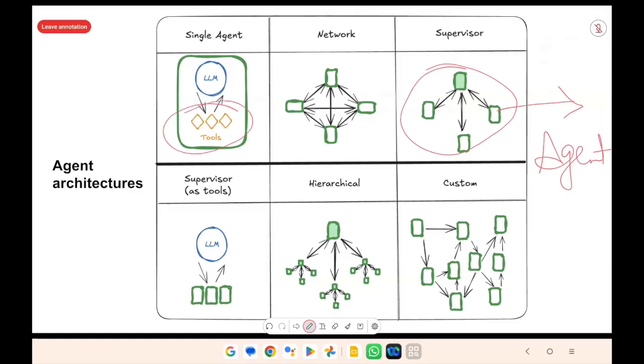Now, what is the difference? Why do we have agents over there or tools over there? Why is there such a concept, because both are giving the weather, right? I asked a question, both are giving the temperature. Can you guys think about what the benefit is in a single agent?